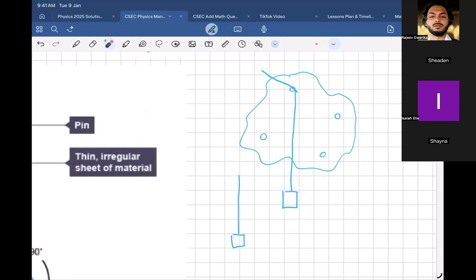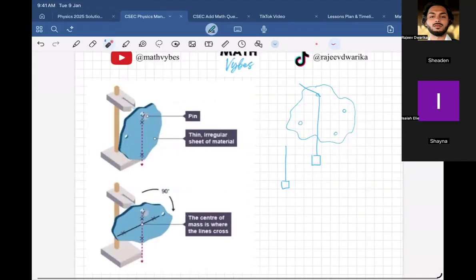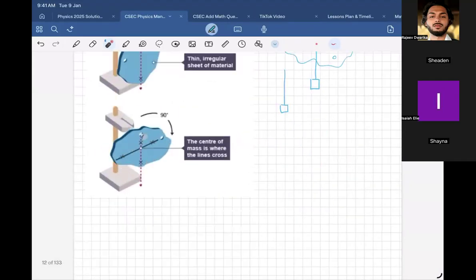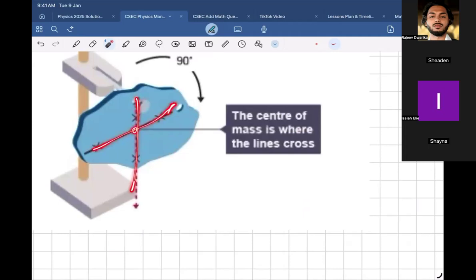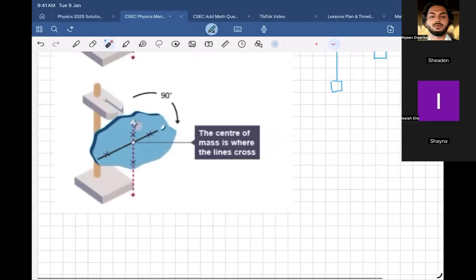And so we take a pencil and we draw that. Are you following so far? Tell me if you're following. Yes, sir. Okay. So you would do that with this hole, then swap it with this one and repeat the same process. You do this until you get an intersection, and the intersection would be the center of gravity. So do you think you understand the experiment better now? Yes, sir. Awesome. So this is what would end up happening, and the point where it intersects is the center of gravity. Isaiah, did you notice?